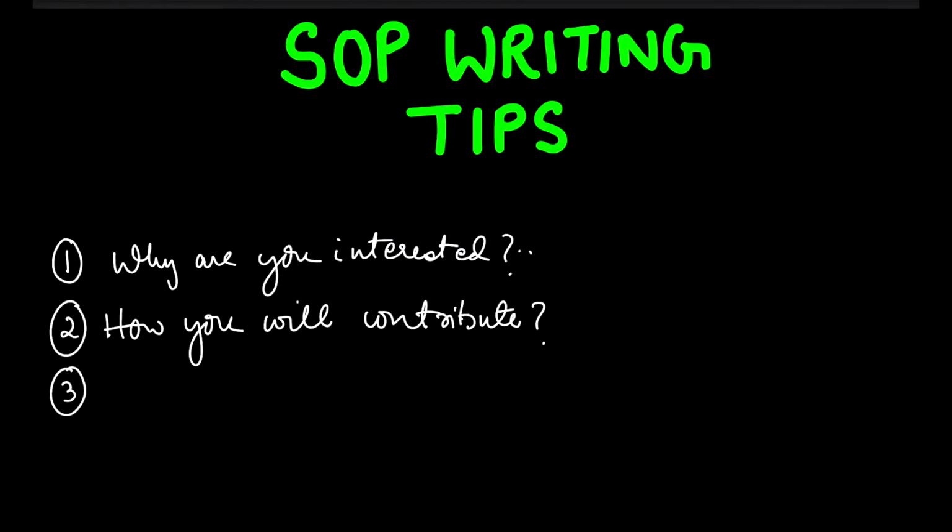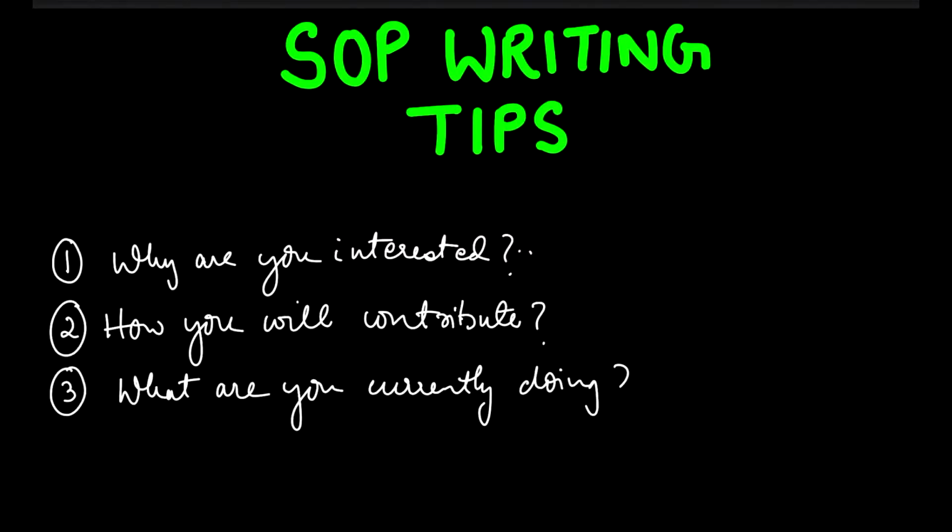Similarly, what are you currently doing? So, what are you currently doing is important to be mentioned. So, just mention that if you're working, tell them about your work experience. If you're a fresher, tell them about what you were learning. Okay. So that is what you have to tell them in your SOP. What are you currently doing? I was working, so I wrote about my work experience and how I dealt with my client in 2 lines, and that is what they would look forward to.